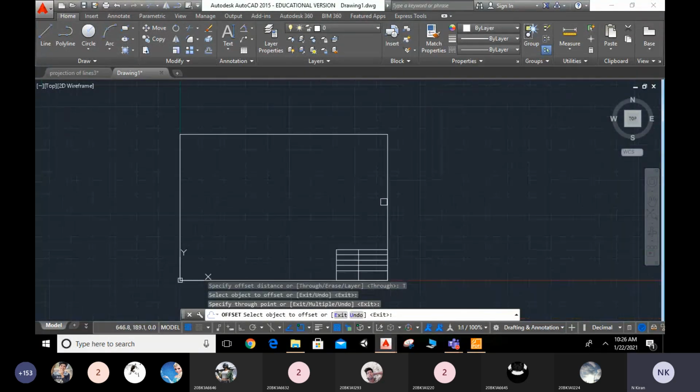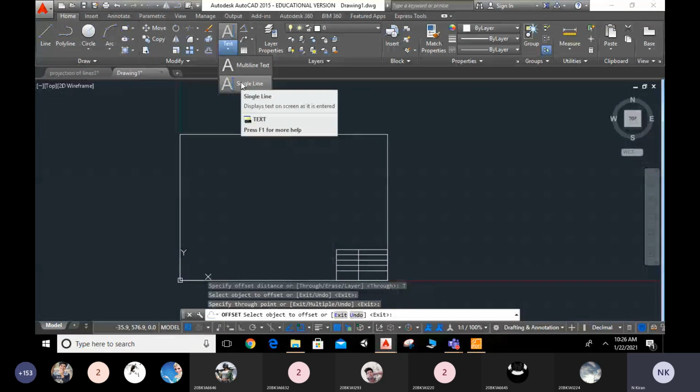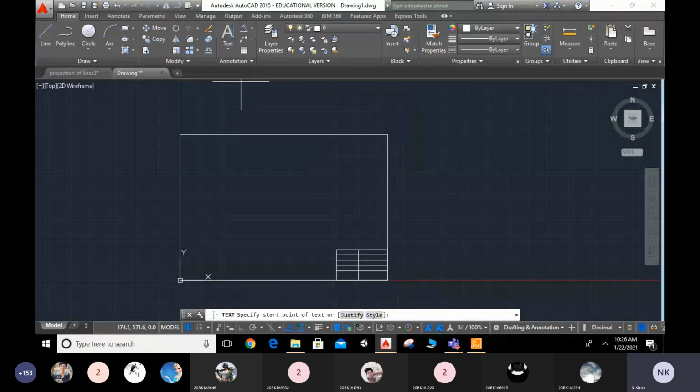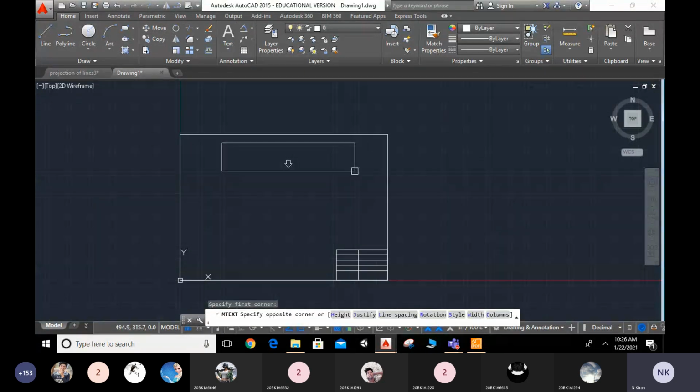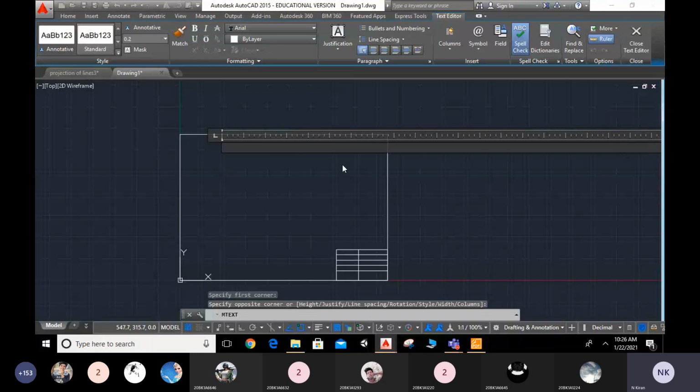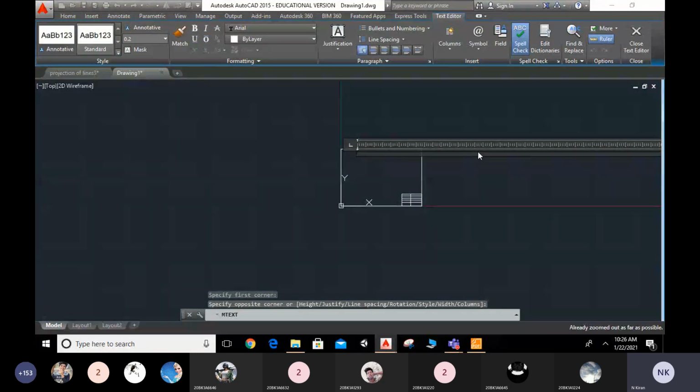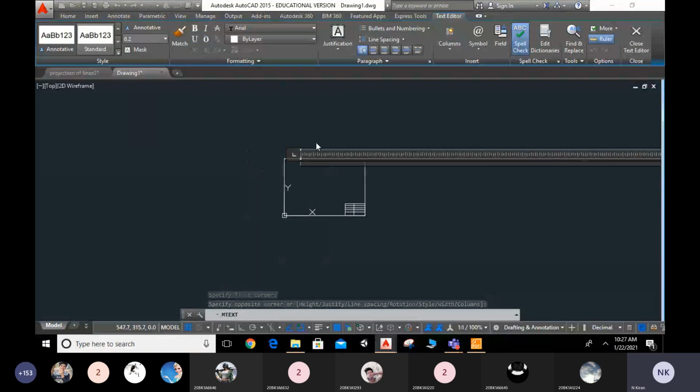title blocks. Now what is the question? For writing the question, if you have a PDF or Word document, you can copy directly from there. But I will select this one, text, multi-line text, and I will select some area here like this. Okay, see, as it has taken more. Okay, Control Z.